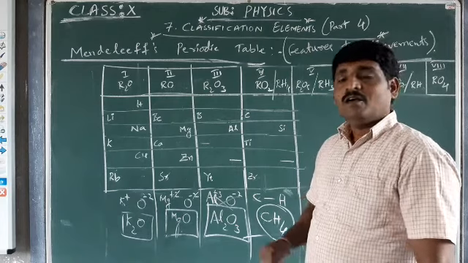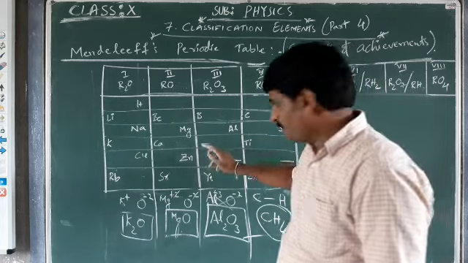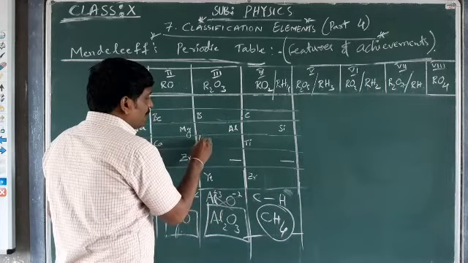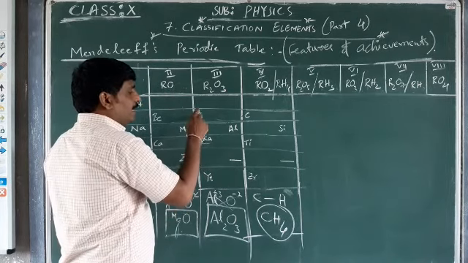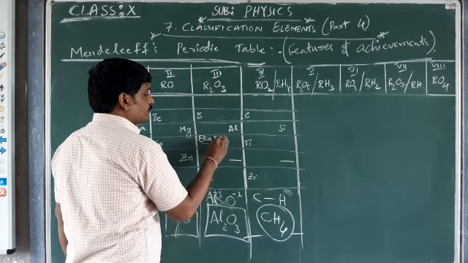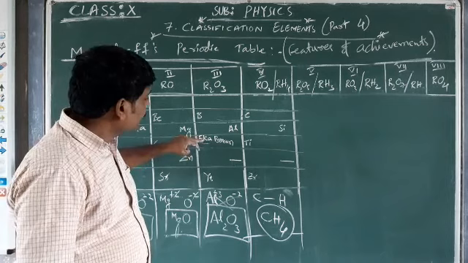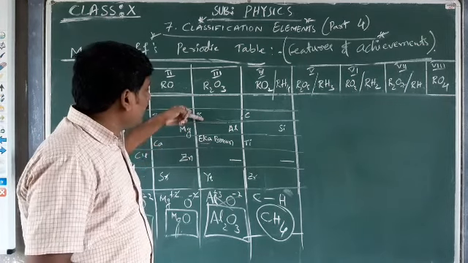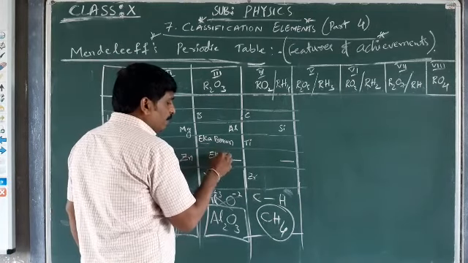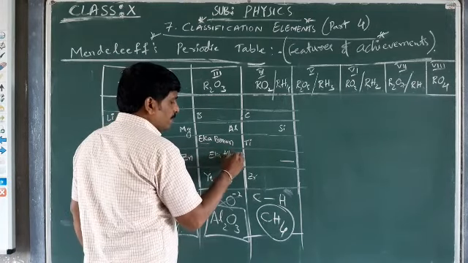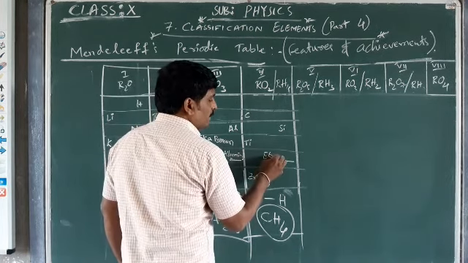It was his prediction. But to give the reference of this place, instead of giving a dash, he added Eka. Just above the name, Eka boron. What is this name? To refer to this dash, he gave Eka to the element just above. Eka boron. This is boron. Eka boron. How is it referred? Eka aluminium. Eka aluminium. What is this name reference? Eka silicon.